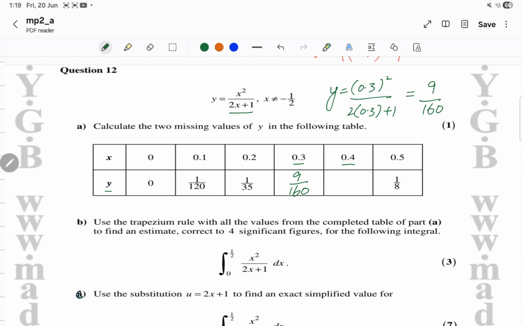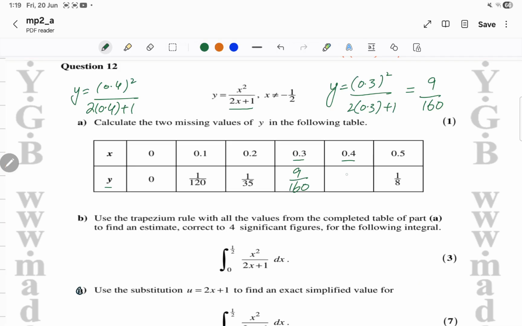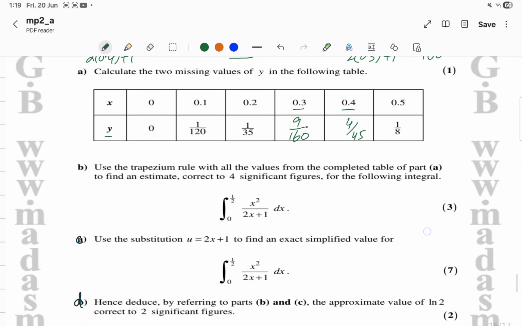And for the next value, we need to replace x in this function with 0.4. So y will be 0.4 squared over 2 times 0.4 plus 1. So if you typeset again in the calculator, we should end up with 4 over 45. So this was part A. It was very easy. Now part B is